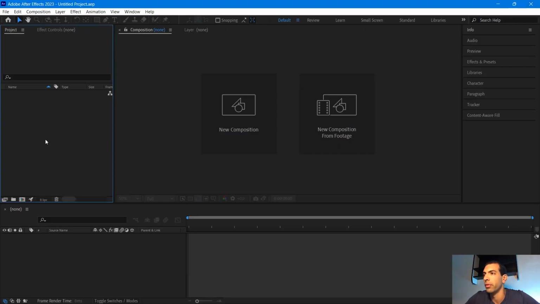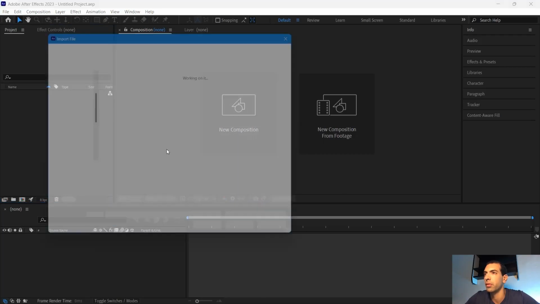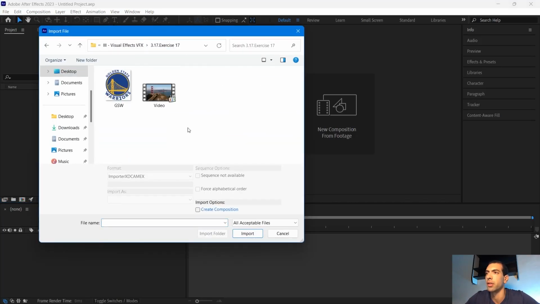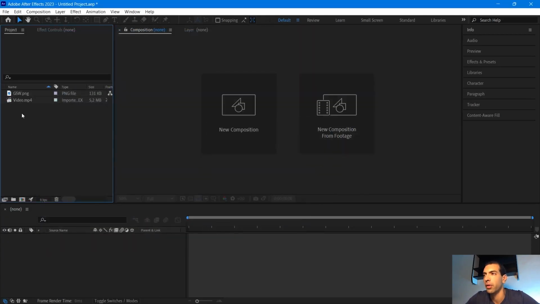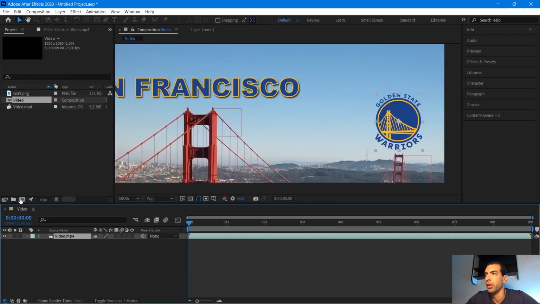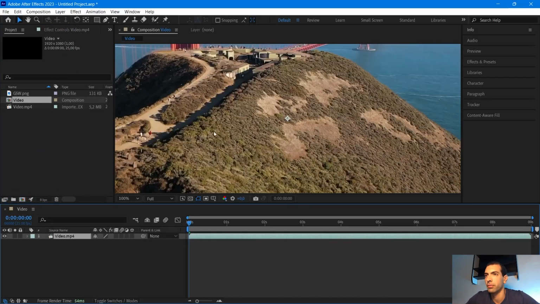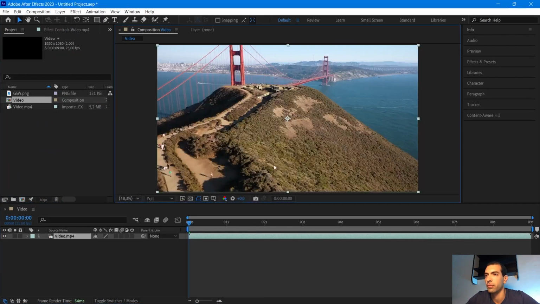I go to After Effects, right click, import file. I go to exercise 17. I select the two files and click on import. I'm gonna select the video, drag and drop here. I create a composition right here. And now